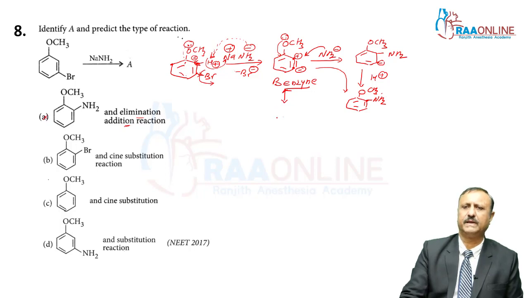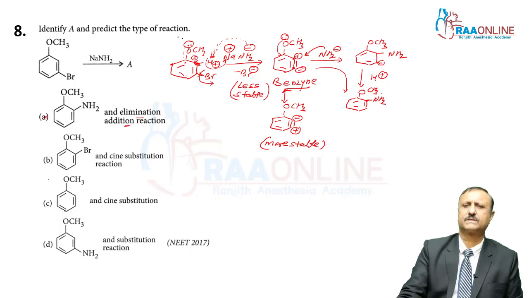So my dear students, this resonating structure of benzene is more stable, in which positive charge is present on this side and negative charge is present on this side. So it is more stable, this benzene is more stable, and this one is less stable. Because it is less stable and this is more stable, so when this more stable